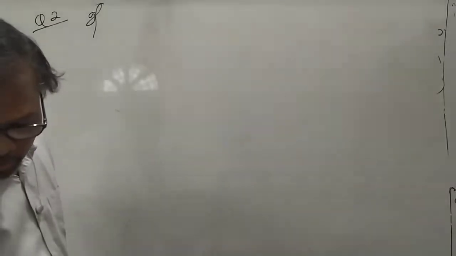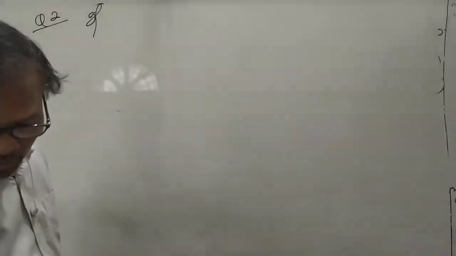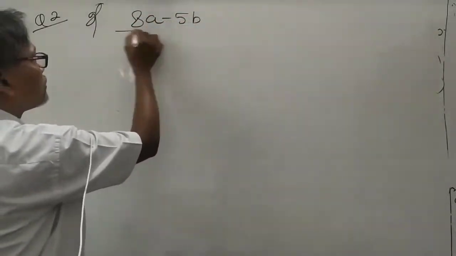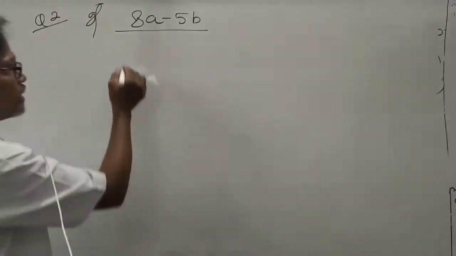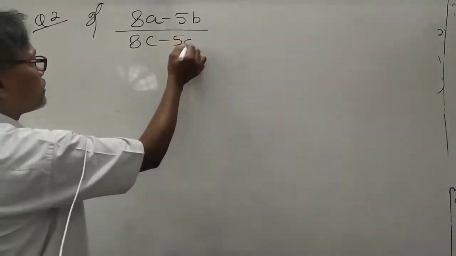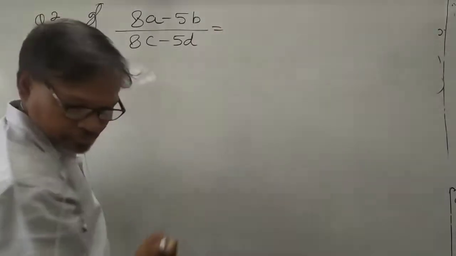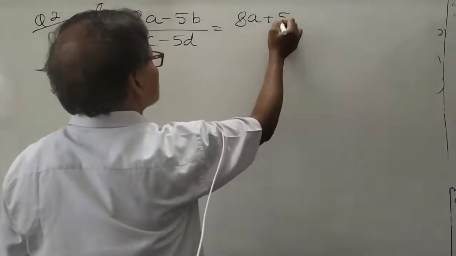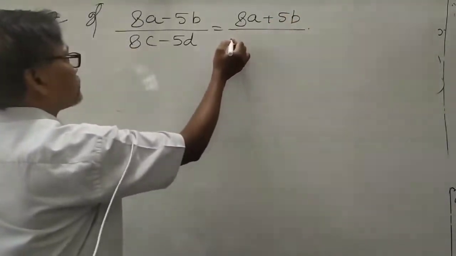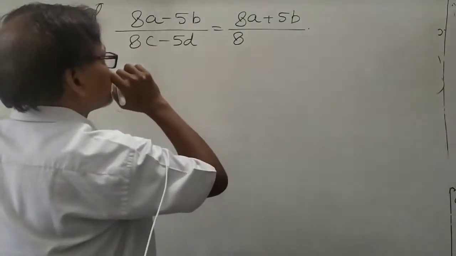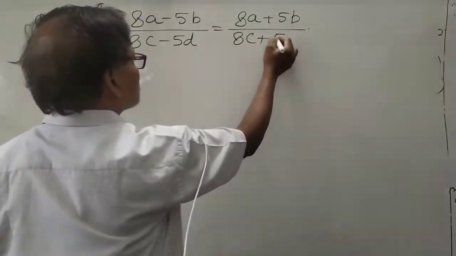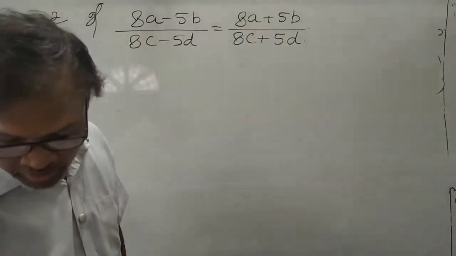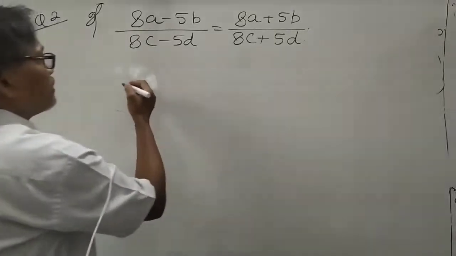If, second part, 8a minus 5b upon 8c, this you have to show a upon b is equal to c upon d. Prove that